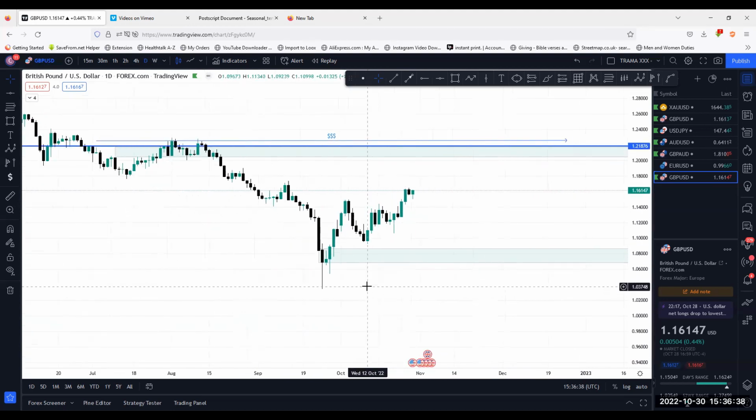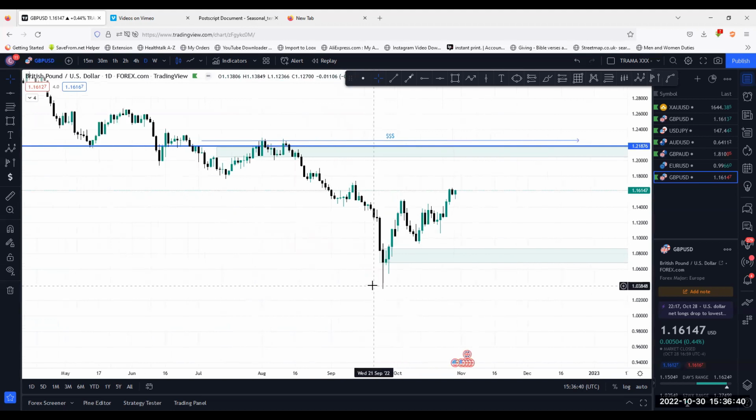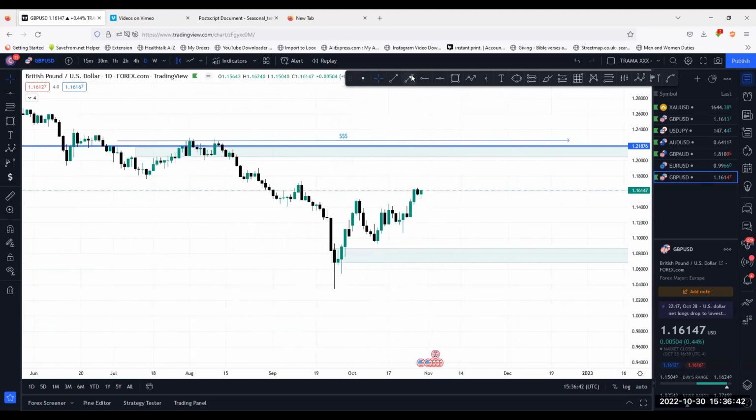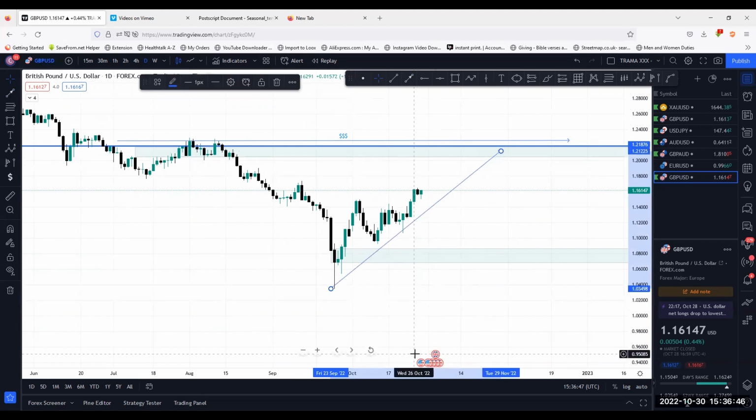Great. Awesome. So now where are we looking at? We can see that on the daily, the market is heading up. All right. On the daily, we can look at the market is heading up. Great. So what does that mean to us? First of all, the market just took out the liquidity at this level. You can see there was a liquidity here. The market took that liquidity out and then sparked all the way up. And then what happened? The market is still intending to head up.